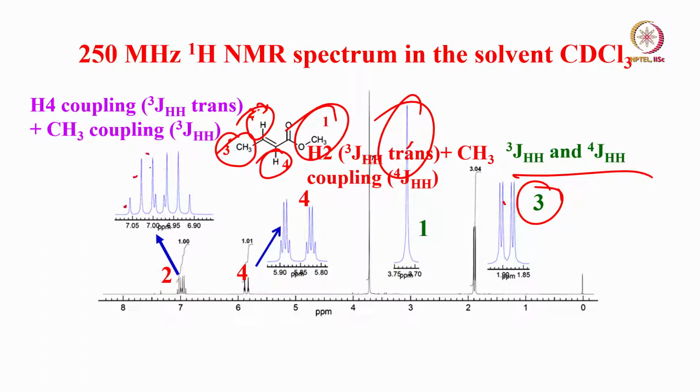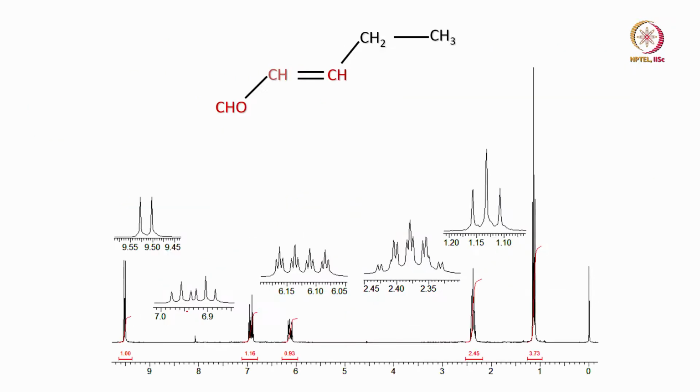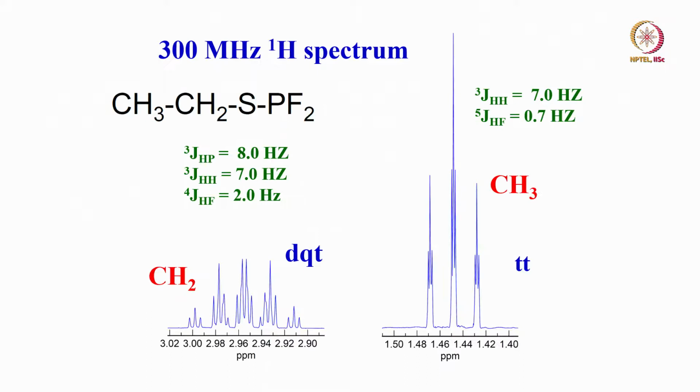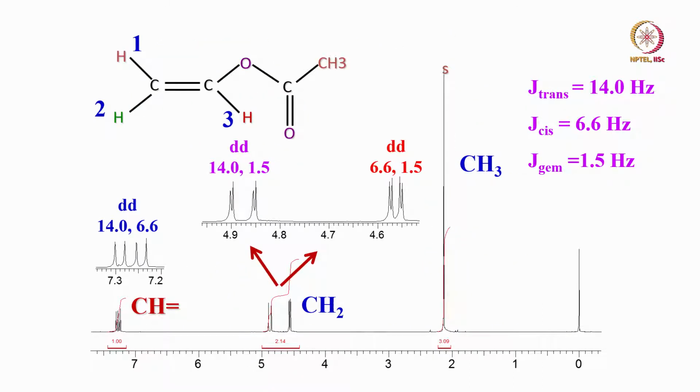See 1, 2, 3, 1, 3, 3, 1, 1 quartet, 1, 3, 3, 1, another quartet. 2 quartets are overlapped. So this has to be proton 2 and this has to be proton 4. Like this you can start making the assignments. So we can keep on talking a lot about these things. There is no end for it. I'll go into the spectrum where,